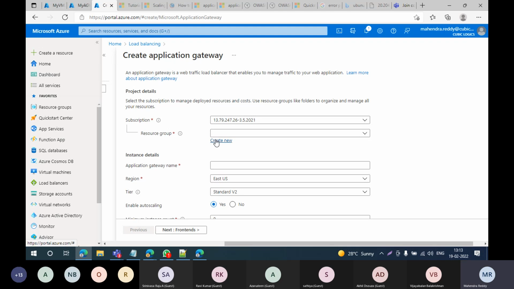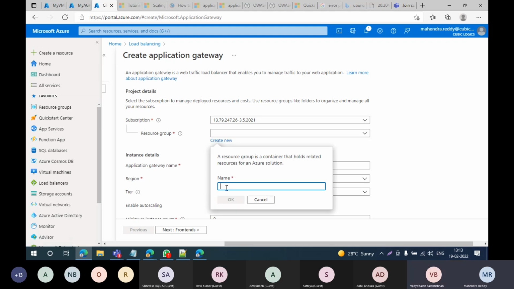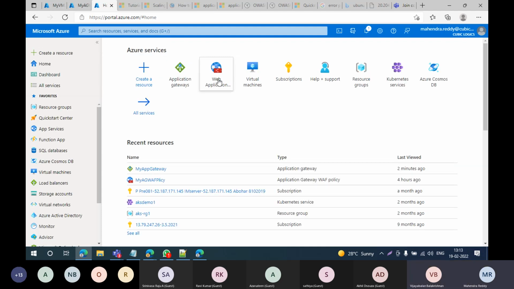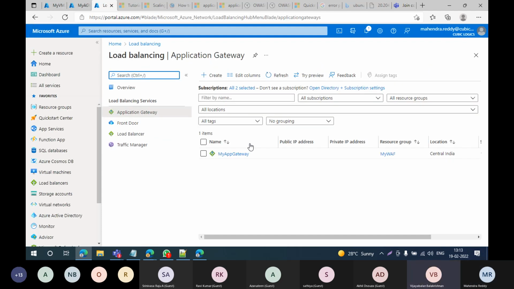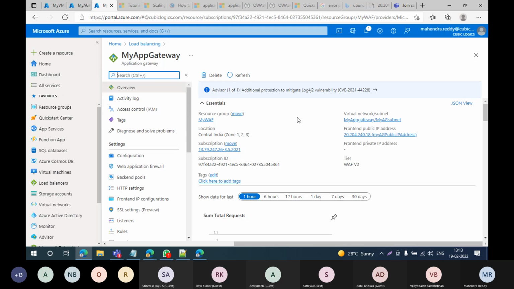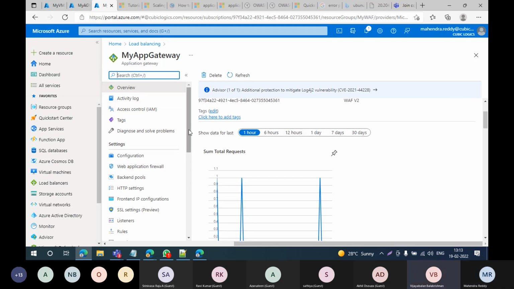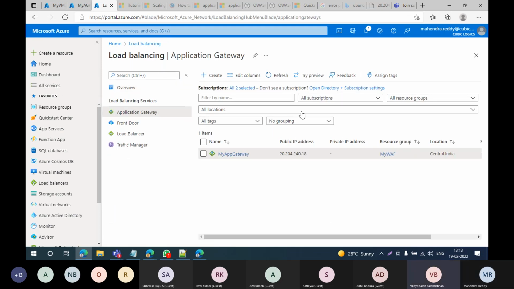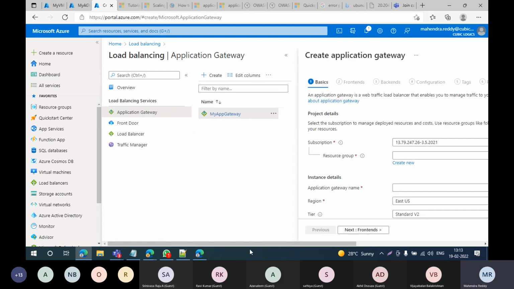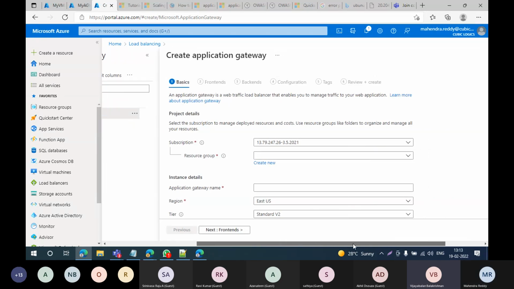Here I'm going to create a new one. You can even use the existing resource group also if you have. If you have an existing resource group, you can utilize it. Select the existing one so that people will understand.